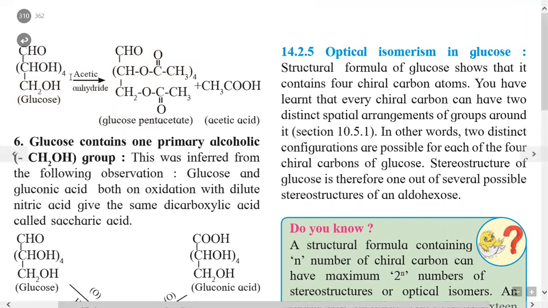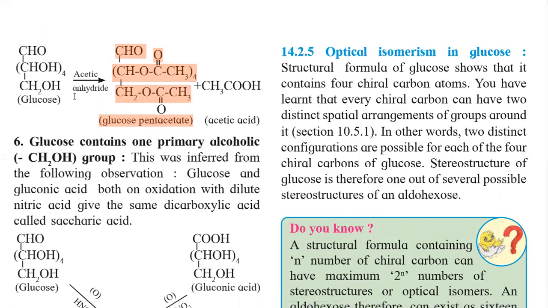When treated with acetic anhydride, the secondary alcoholic groups are converted into acetyl groups, that is CH3CO. Similarly, the primary alcoholic group also gets bonded with an acetyl group, and we get the product glucose pentaacetate